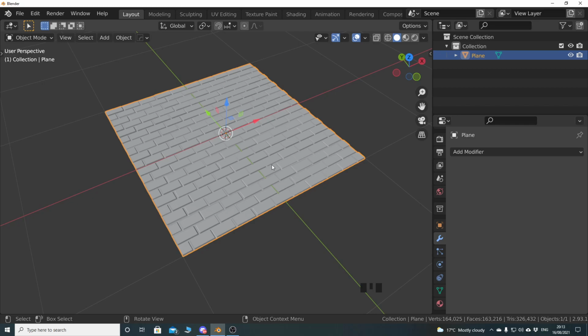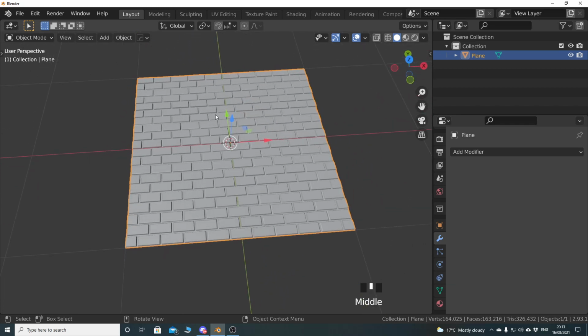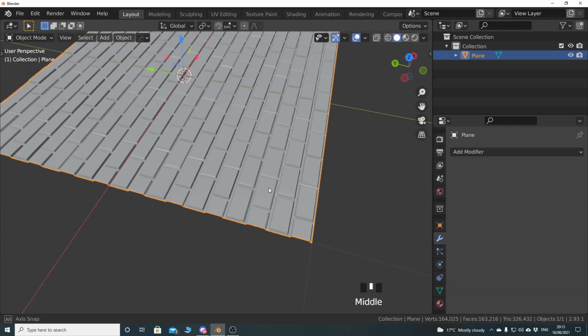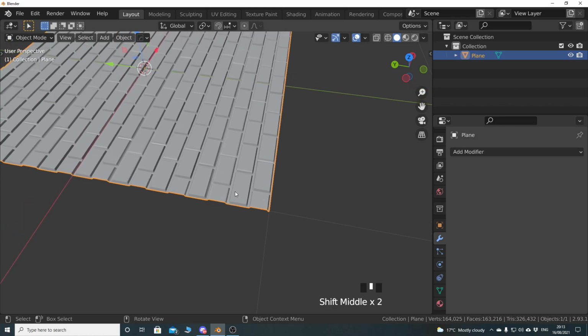And also I would like to have perhaps maybe half a dozen bricks slightly different to all the others, again just to break up the repetitiveness of it all, so they'll be a slightly different color. So we're just going to kind of try and do that if we can. So what I'm going to do here is use an array modifier